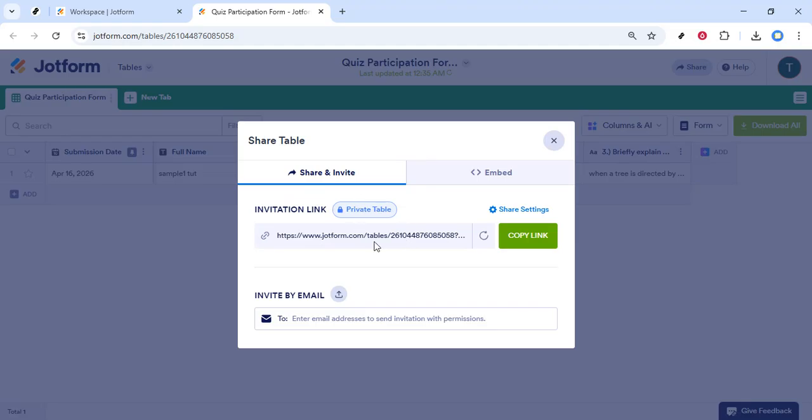In this panel, you'll see a field with a URL that Jotform has created for you. This is the link that others can use to access the submissions based on the permissions you set. To get this link ready to send, click copy link. That action copies the entire URL to your clipboard, so you can paste it into an email, a chat message,